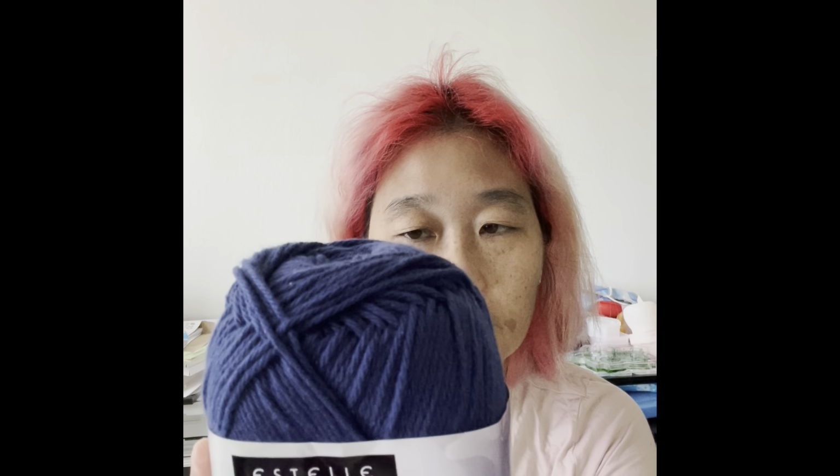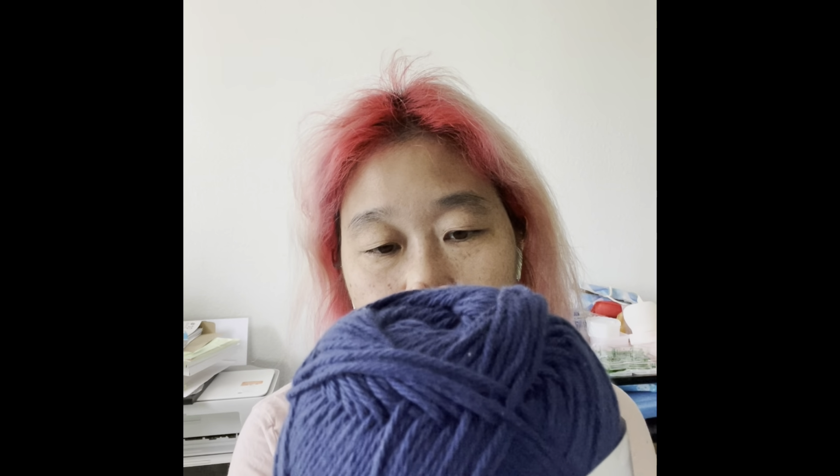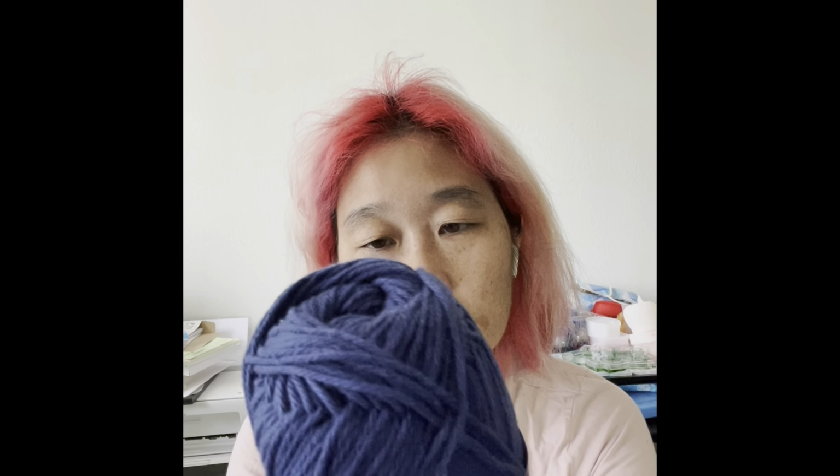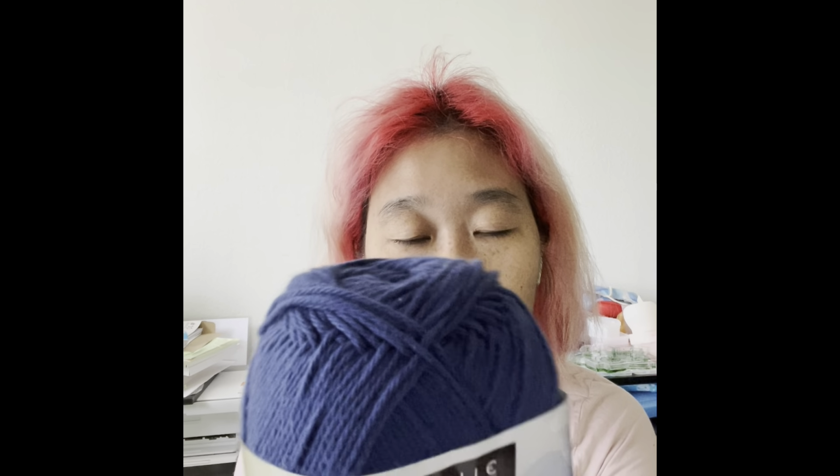navy, and it's 100% cotton, 200 grams and 320 yards. And let's see, it does say that there are free patterns at their website, estelleyarns.com. Let's see, so this also looks like maybe a 3. So this